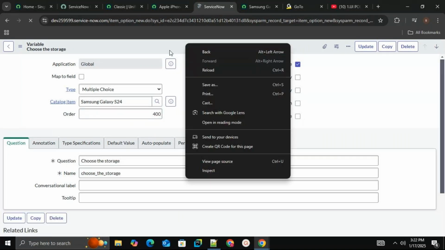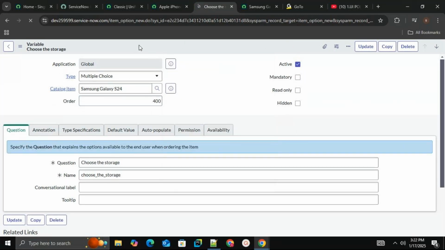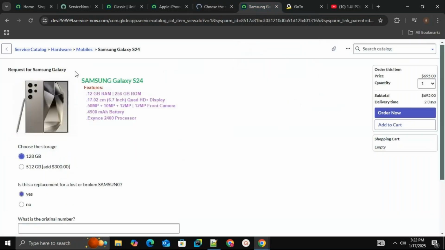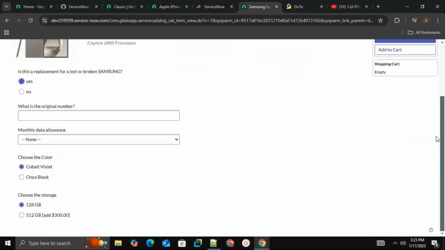Save, save this. Refresh this page. It goes down right here. Choose the storage. So in this way, 128 GB, 512 GB. We can select this, adding this one, right? 128 GB, 512 GB,